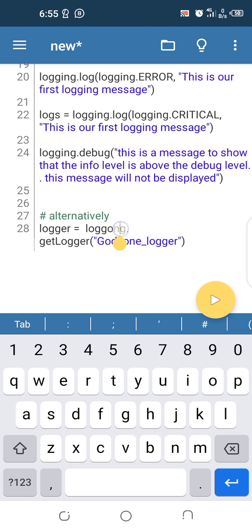No, it's meant to be logging. Typo error. Now, if we say logger.info,